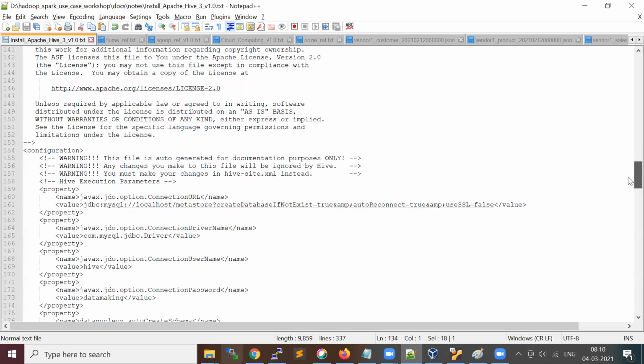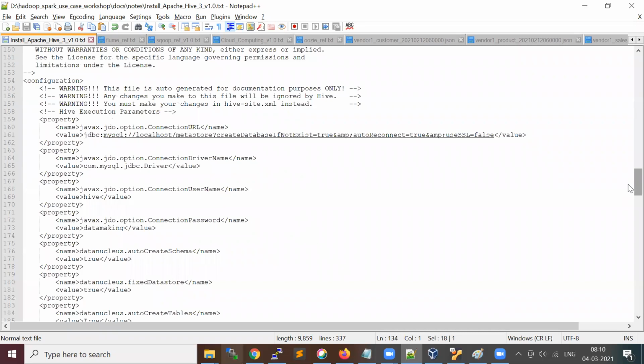If you look here, there are a few things you need to look into. Basically, this is the URL to make Hive use MySQL as a Metastore. We are providing the JDBC URL of MySQL: jdbc:mysql://localhost and the database metastore. If you are configuring the Metastore as another RDBMS, say Oracle, SQL Server or PostgreSQL, then you need to provide the respective JDBC URL here. That's basically the change.